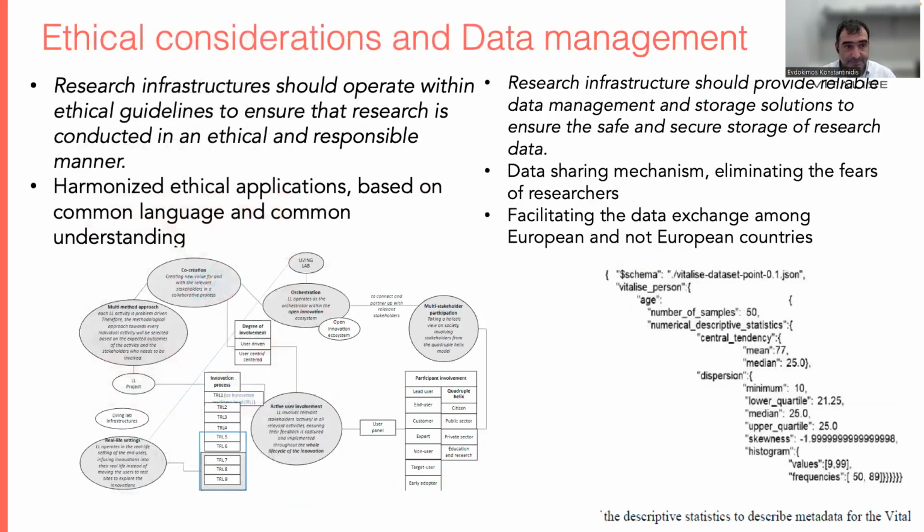Next slide. Ethical considerations and data management. I think I don't have to spend more time on this, because it is clear that especially in health and well-being living labs, where ethical and data management is priority number one, living labs have found a harmonized way